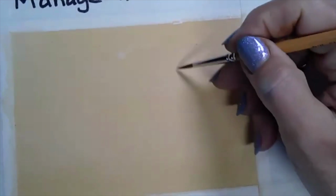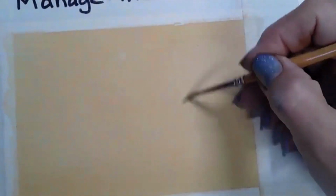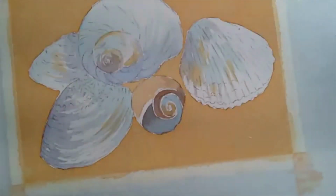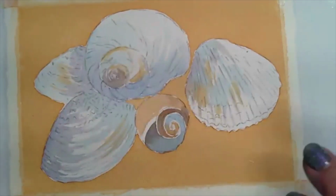That's not very stiff. Do a little bit of manipulation with the brush and then wipe with the Kleenex, and you can usually lift the raw sienna and the burnt sienna off, but you can't lift the Quinacridone Gold off. It stains, which is nice because if you do drip on it, it's not going to affect it. Anyway, so I've done the under